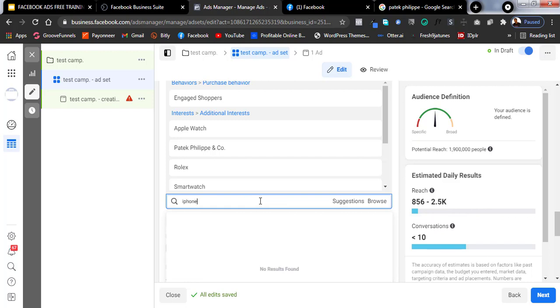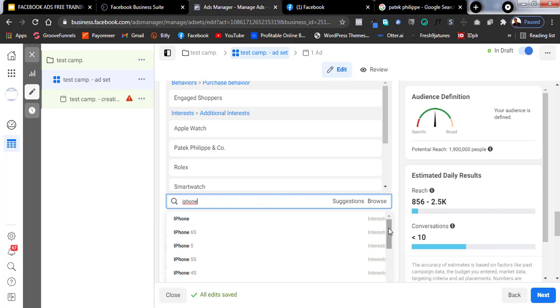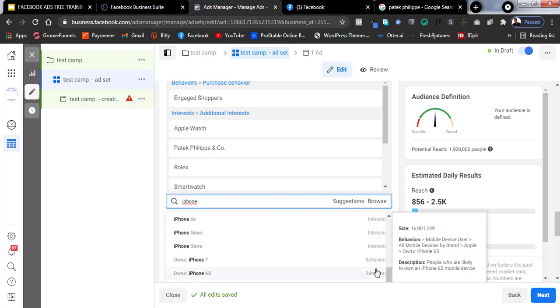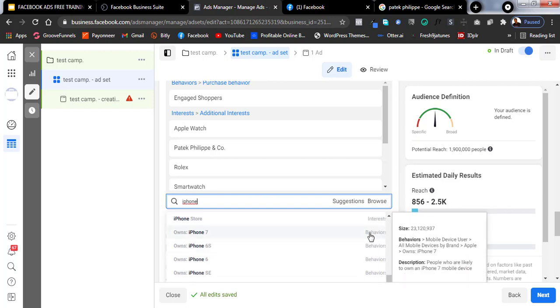So you can type iPhone right here, and you're going to see what is going to happen. So let it load. We'll see it. As you can see, people interested in iPhone. You understand? iPhone 4S, iPhone that, iPhone this, iPhone 3, iPhone that one. Different now. Then when you come to behavior, all these ones that I saw above are people interested in. But once you come down, you see this option that is showing behavior right here. As you can see, it means people that own iPhone, people that own iPhone 6s, people that own iPhone 6,